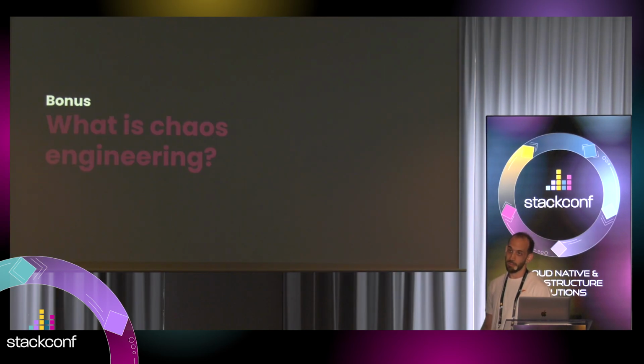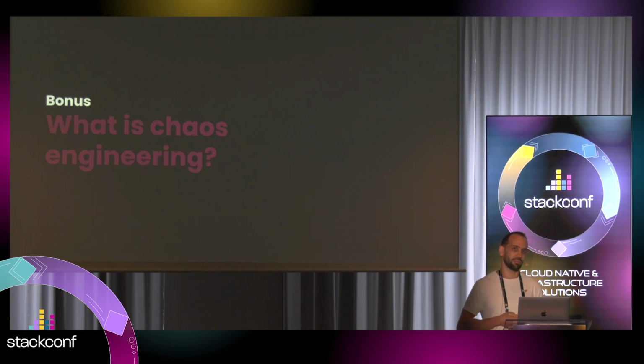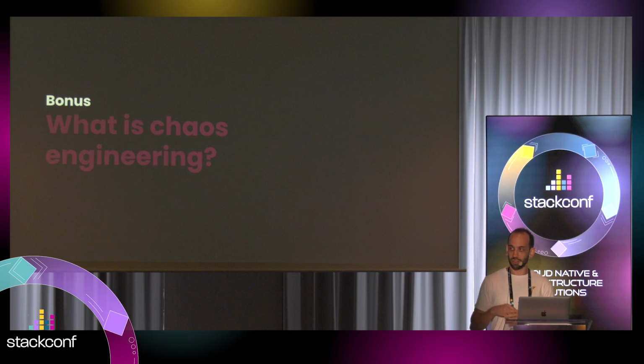Okay, this is going to be a bonus slide. I wasn't sure if I should speak about what chaos engineering is, because it's been around for around a decade, 10 years. But at a high level, it's just an approach to identify failures before they become outages. We would like to test proactively how our systems behave under stress, and then we can identify, fix and iterate on issues before we end up in the news. And we literally break things on purpose in order to learn how to build more resilient systems.